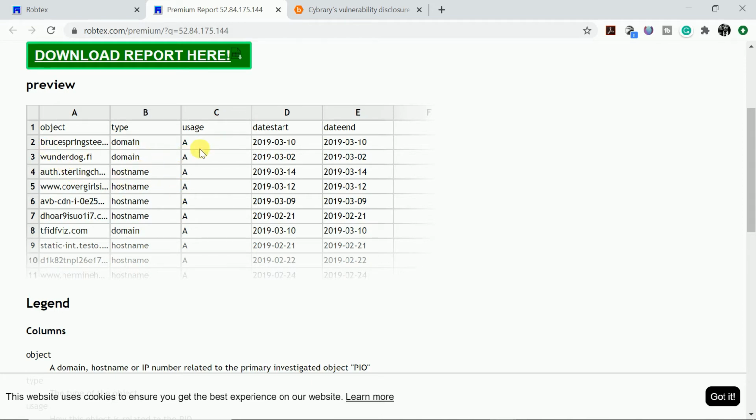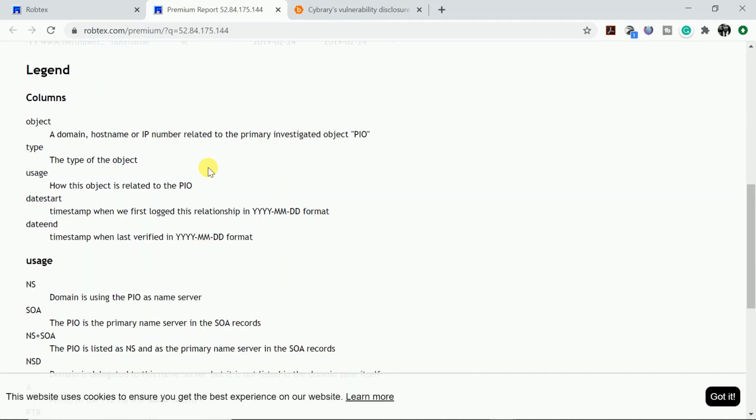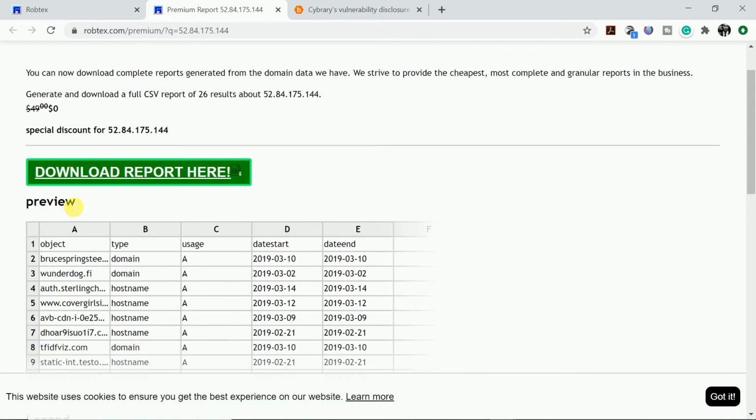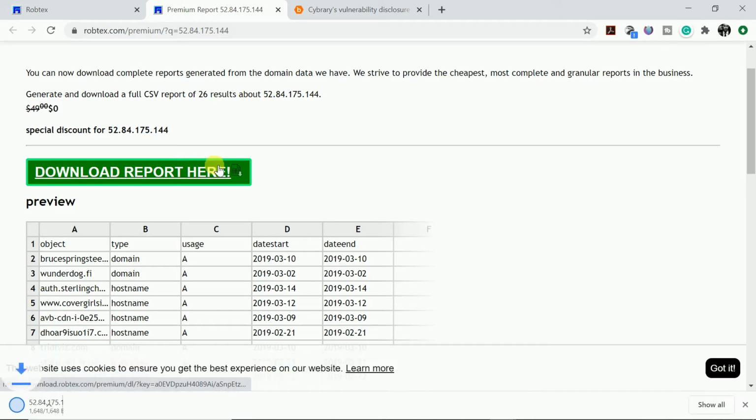It's not showing completely. Can I download it? Download the full CSV results. If I click on download, okay, the results have been downloaded. I will open it and see whether we can find any other records here, just to show you.